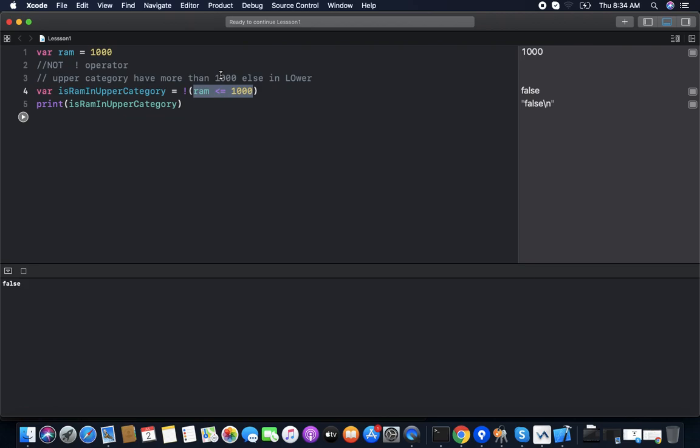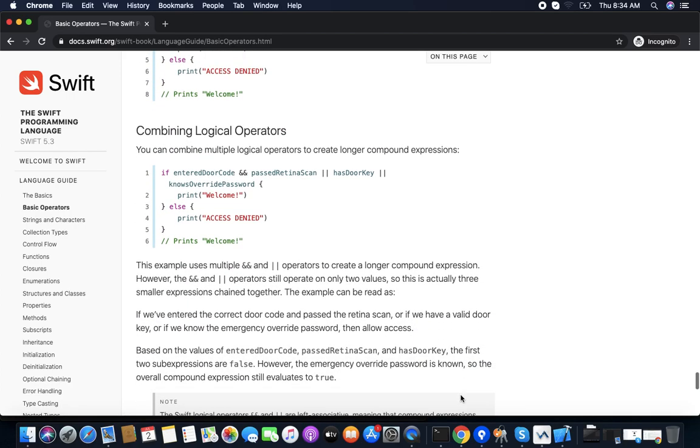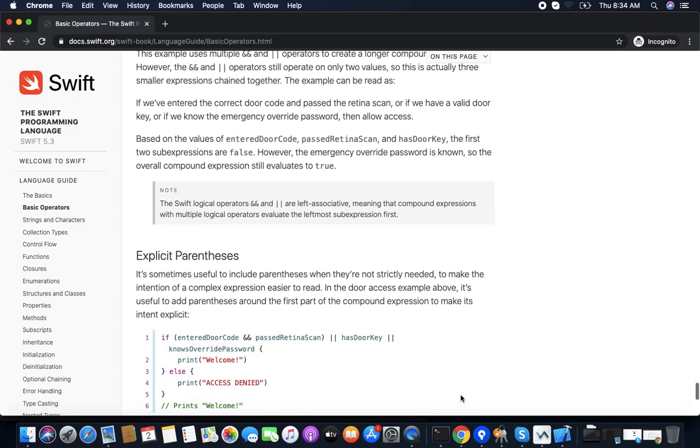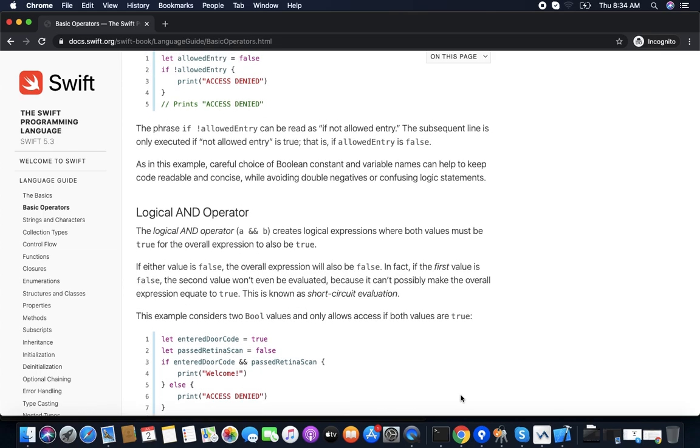So if Ram has more than 1,000 rupees, then he is in the upper category. We are saying less than or equal to, like it can never be more. So this condition is true. But we make this condition negative because we did not want this. We want more only. So we make it negative, so it returns false. So this is the logical NOT. This is all about operators. We will continue with strings in the next lesson.